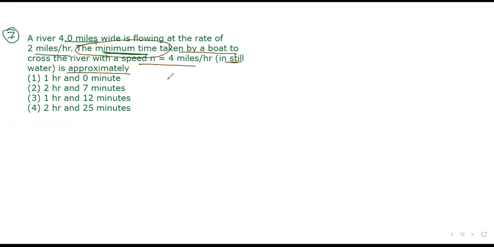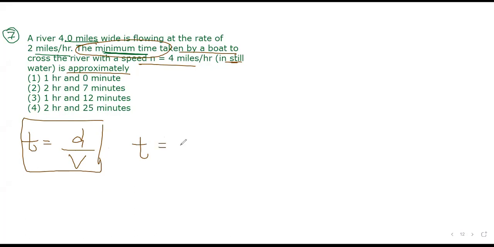When they talk about minimum distance, they also ask time only, but they will say that you want to cross the river with shortest distance or minimum path. Here, minimum time they're asking. Minimum time is the width of the river by the velocity of the boat in still water. Second concept, right? So t will be, width is given, 4 miles, and velocity also given in miles, 4 miles an hour. So this becomes 1 hour. That's simply your answer. Correct?